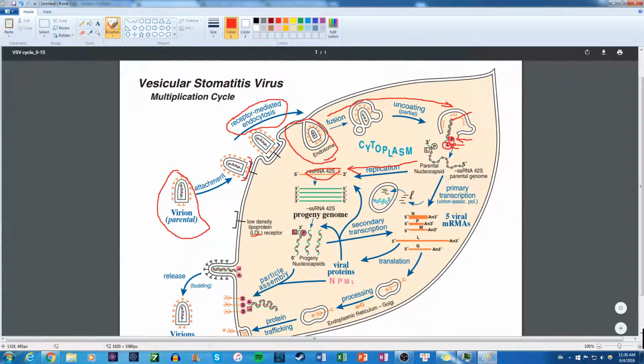What it also does is that it transcribes. Now, the way that rhabdovirus controls what proportions of its proteins to make, like what to make in the right amounts, is that it has 5 open reading frames, and each reading frame is separated by intergenic regions and polyuridine sites. So when you have the viral polymerase transcribing, essentially messenger RNAs, sometimes it can,